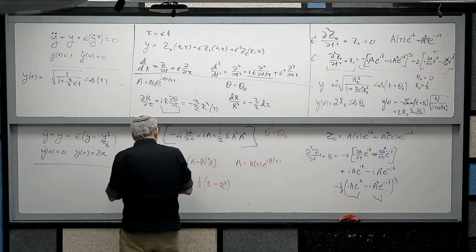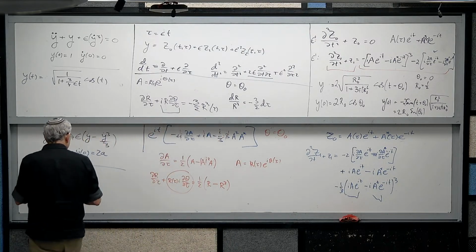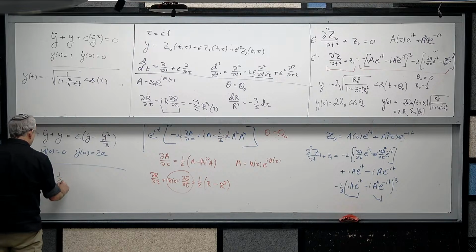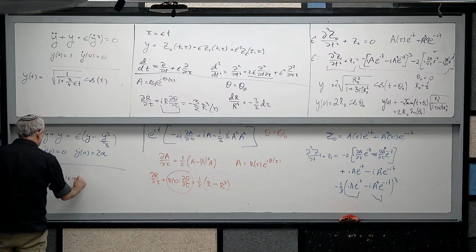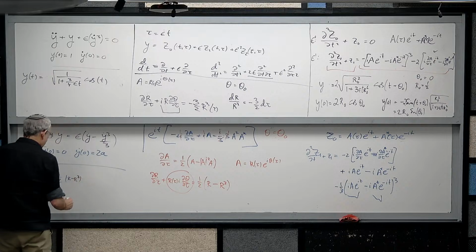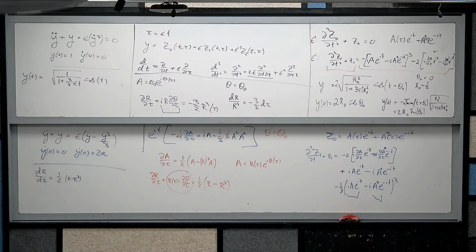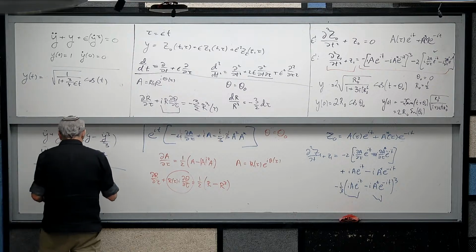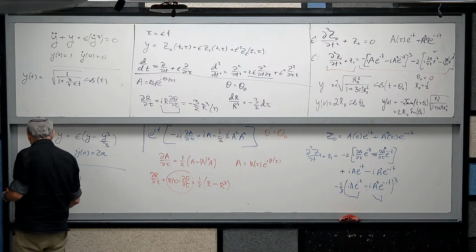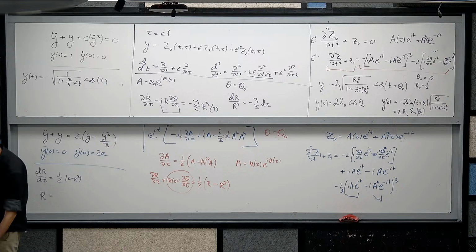What remains is dR/dtau is 1/2 R minus R squared. How do you solve that? R cubed. R minus R cubed. Integrate one. Integration of the one. Yes. In any case, the solution is R equals to